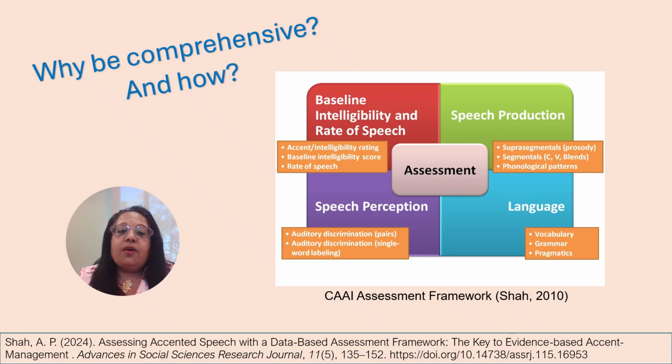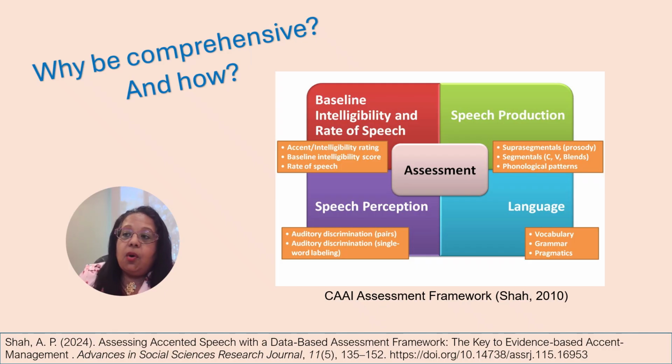So now let's look at the model itself. In a future talk, I will describe the methods in more detail, but for now, let us look at the broad areas to check and assess. If you follow this approach, you will be sure to cast a wide net and not leave anything out. It will help pick up on communication issues that truly impact the client. It also provides a good picture of strengths and abilities in some areas, which can be very empowering for the